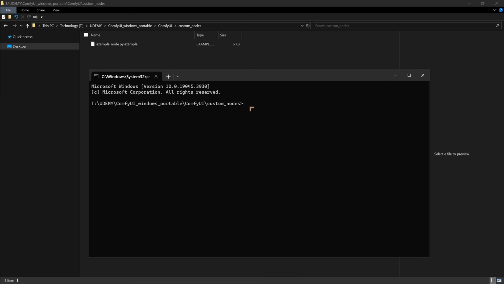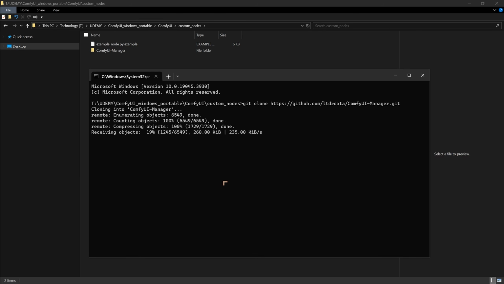What we want to do here is to input the web address that we earlier copied. But before we do that, we type in git clone, then we paste the web address, and then we hit enter. And what that will do is that it will clone that project into the custom nodes folder. And you get this little